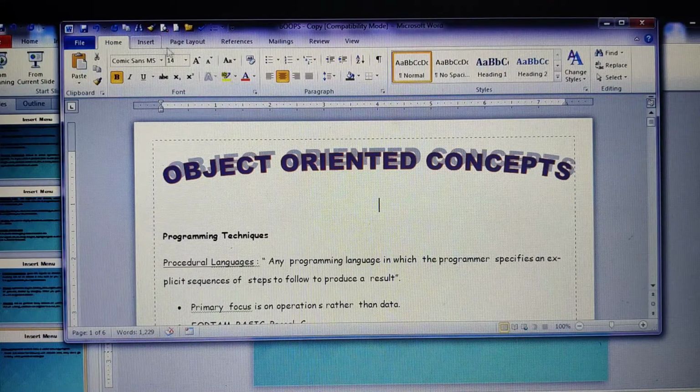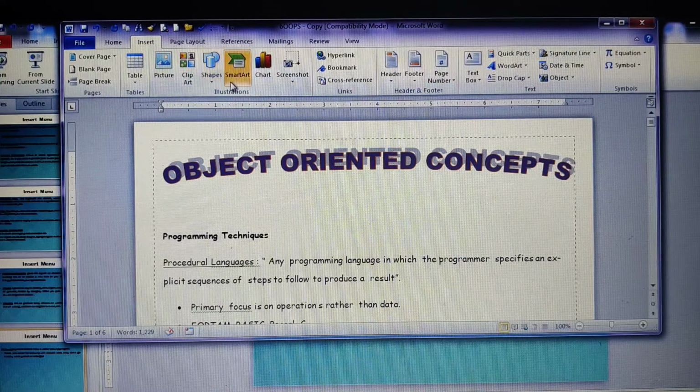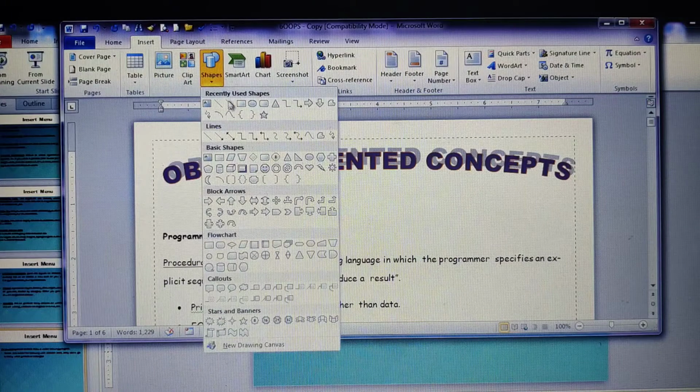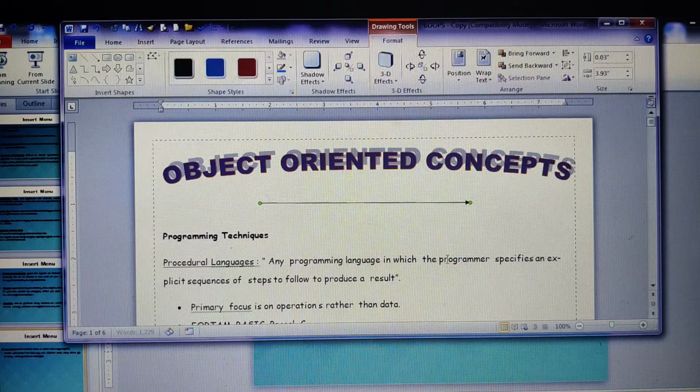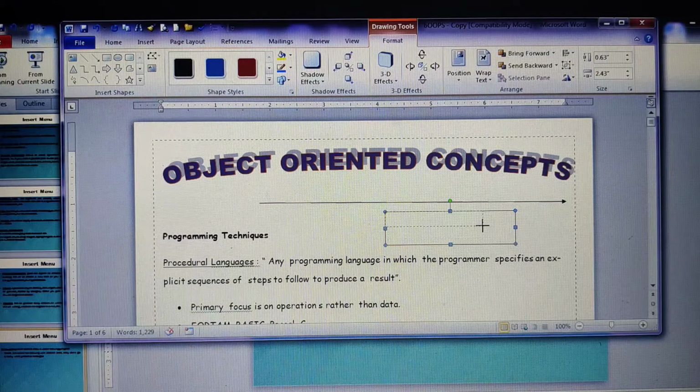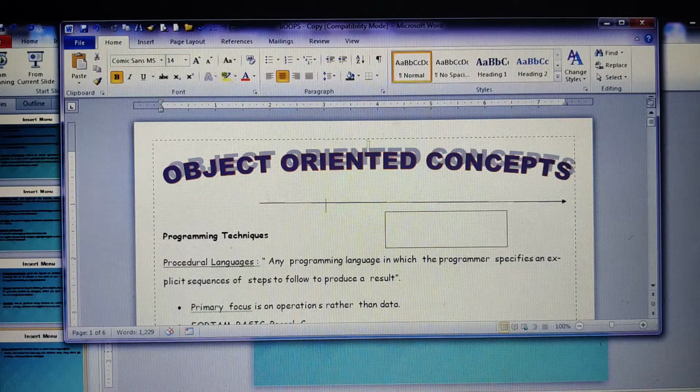Next is the drawing option, isn't it? So here is a drawing option under the insert. You can have different kinds of shapes as well as lines. Okay, so you just draw the lines here. This way you can even extend it. When you are extending, it doesn't appear blocky or wavy. Whichever format you want, if you want this shape, you just draw this particular shape. You can easily decrease the size and increase the size of it, wherein it will never get blocky. So these are the few options that come under the view menu,